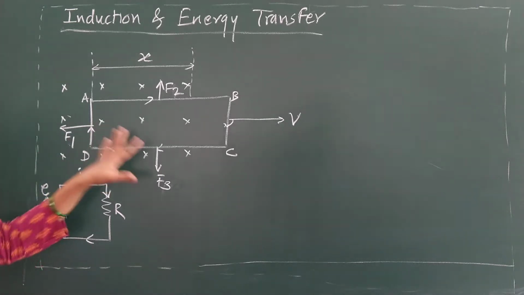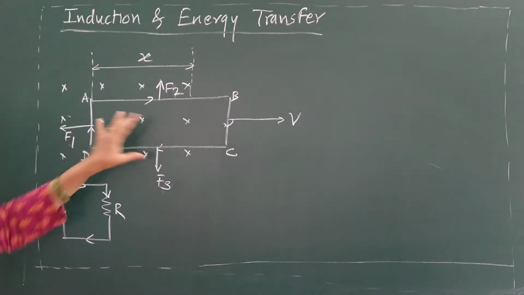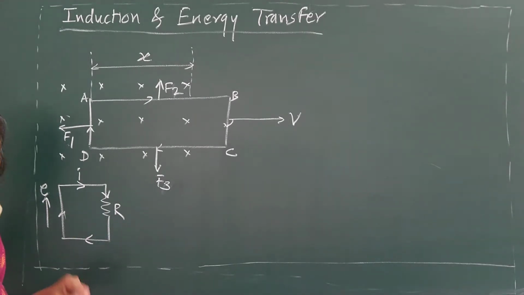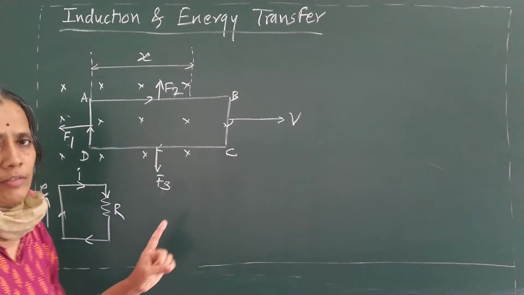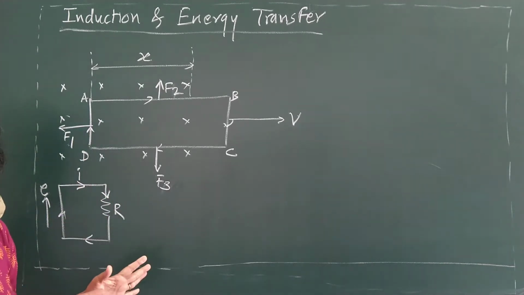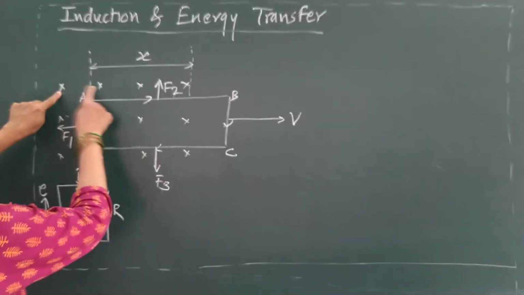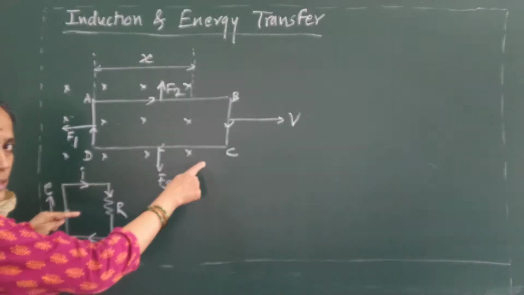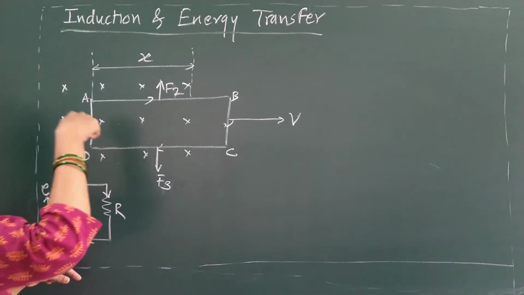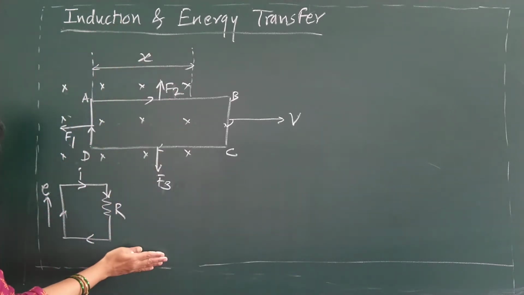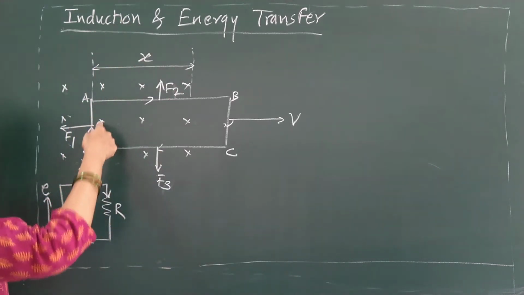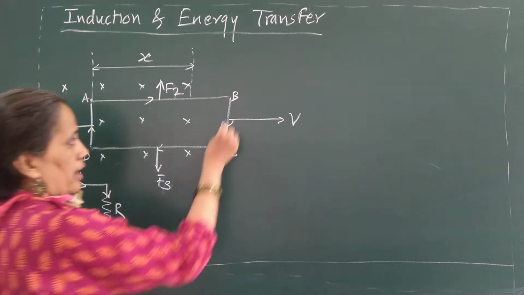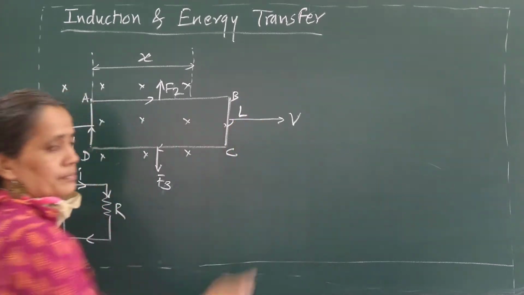Now, this type of circuit diagram you have already seen when we considered the generation of EMF due to motion of a coil. So, the same concept is here. This cross mark indicates the uniform magnetic field, and the direction of the uniform magnetic field is perpendicular to the plane of the board and it is inside. And here is your coil A, B, C, D. This coil has this length as L.